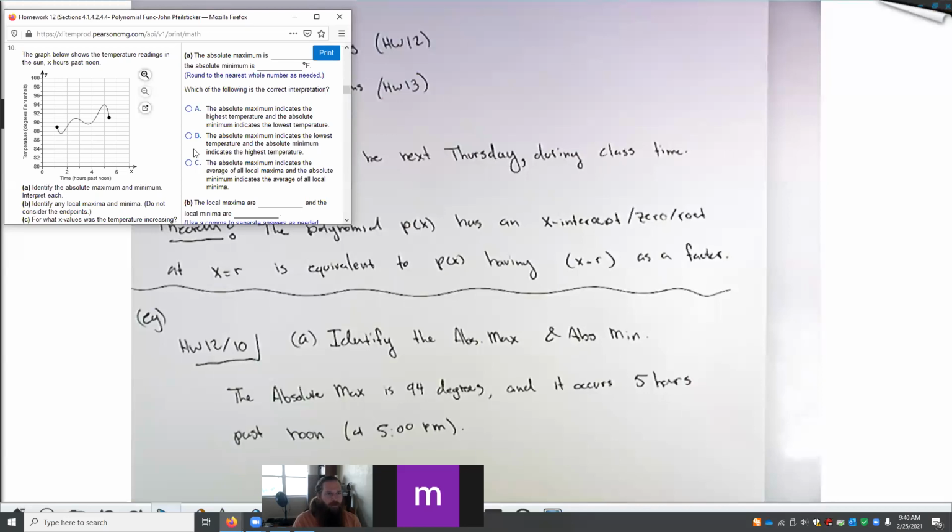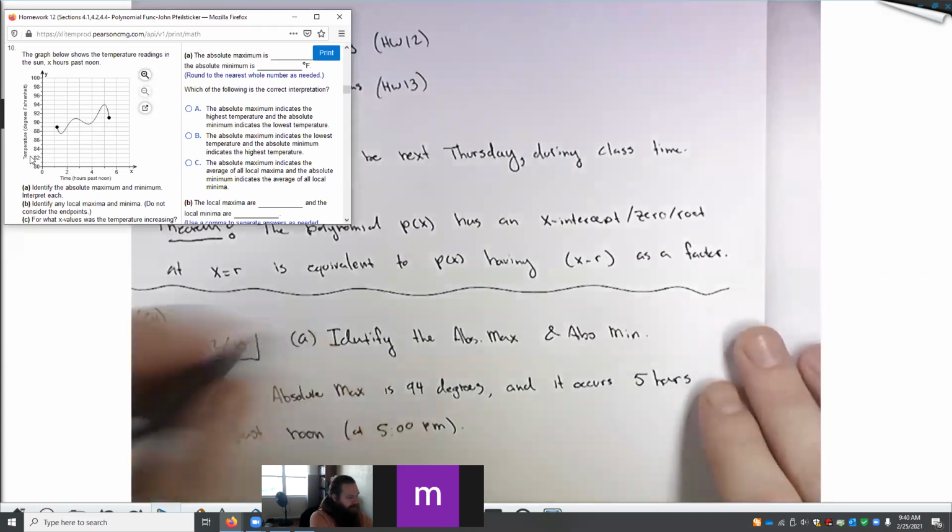Similarly, if we want an absolute min, we're looking for the lowest point anywhere on this graph. And that appears to be right here. Now we know that this is 0 and this is 2, so this right here must be 1, but it's a little bit tough. Oh, I can't zoom in here because we're in the print dialog. But if I want to know where this little valley right here is, it's halfway between this tick mark, which is 1, and this tick mark, which is 2. So I would say that